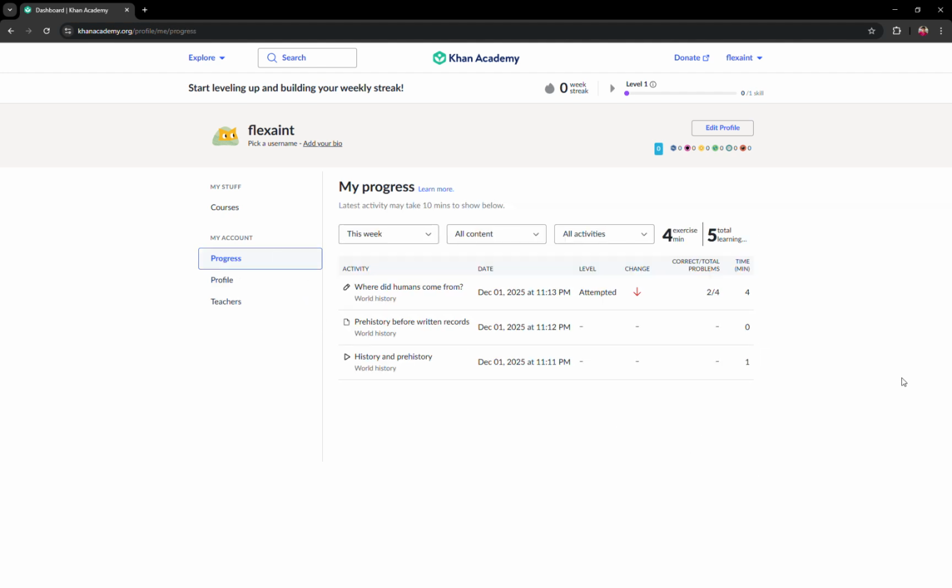Here you'll see a visual representation of your learning journey. You can view your mastery progress across different subjects, see which skills you've mastered, and identify areas that need more practice. The progress tracker shows percentages for each unit and course, making it easy to see how far you've come. You'll also see your learning stats, total time spent learning, and your current streak.